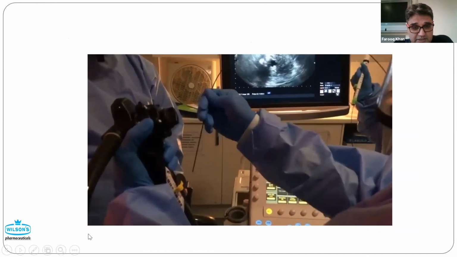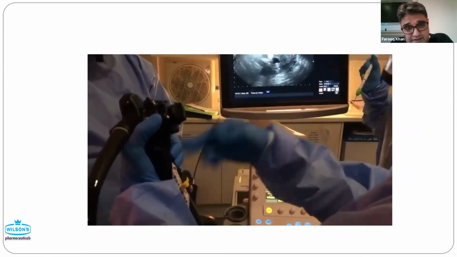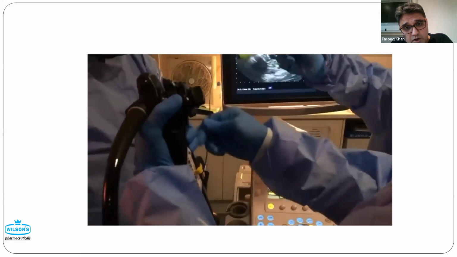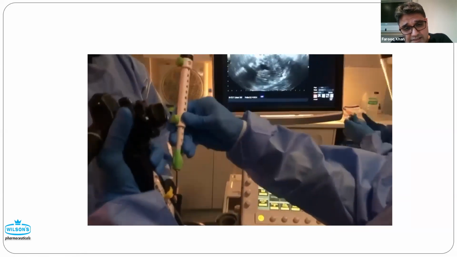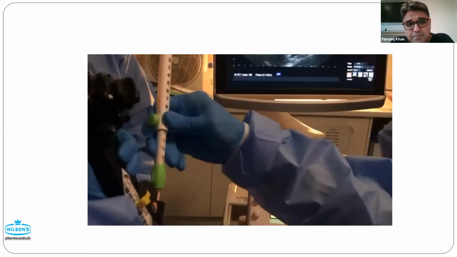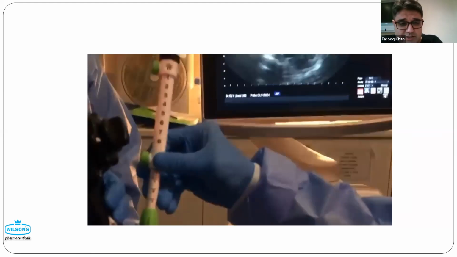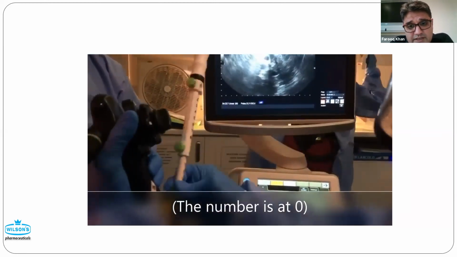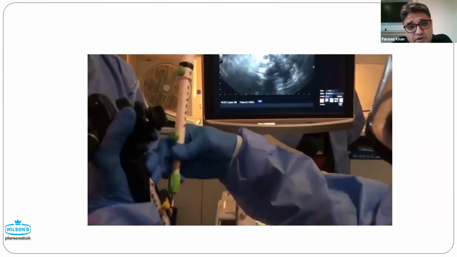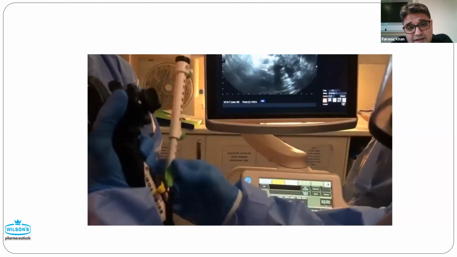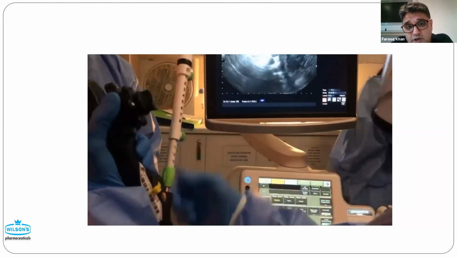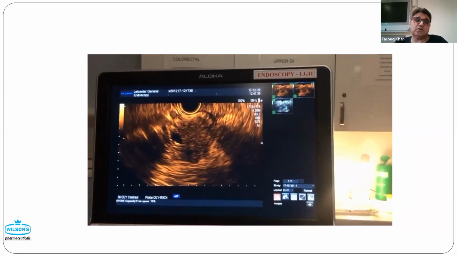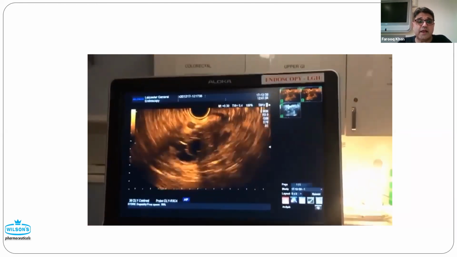So, starting the procedure, this is the sheath going in. There's a Luer lock at the end. This is very, very basic, but I wanted to show you in real life why every single thing matters. Point number 1 is that the sheath should be at 0, and you should be able to see the numbers in front of you. That's how, and it's locked. Okay, so that's where you lock the sheath. That's the lesion that we saw in the contrast. We want to take a sample. We then,